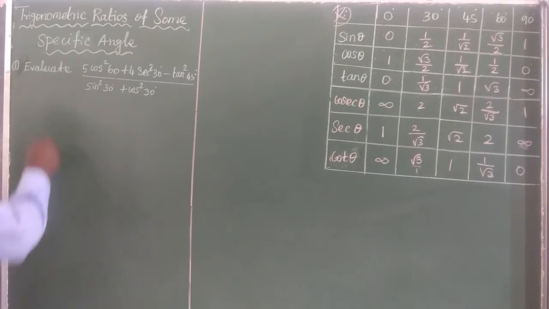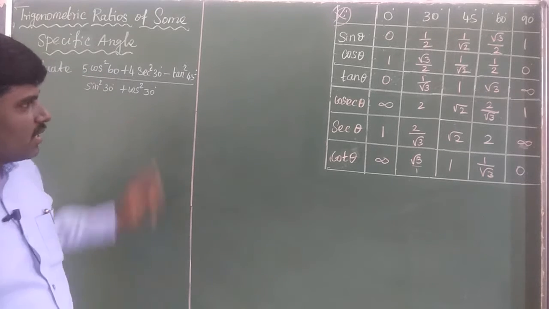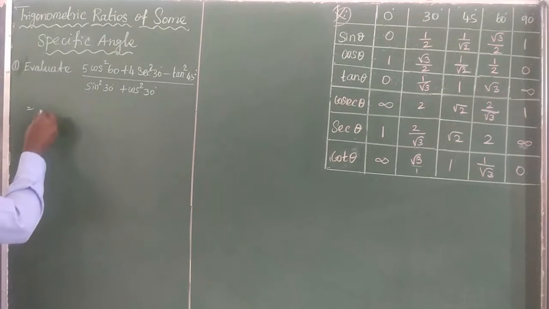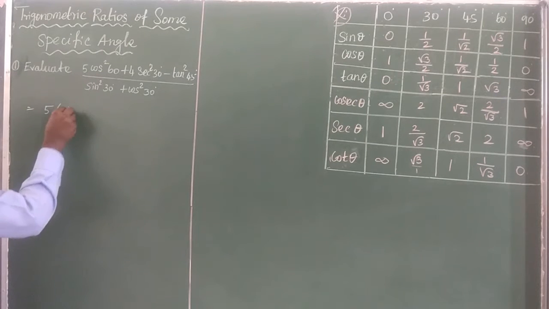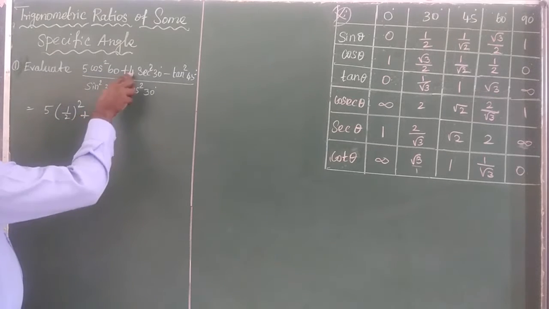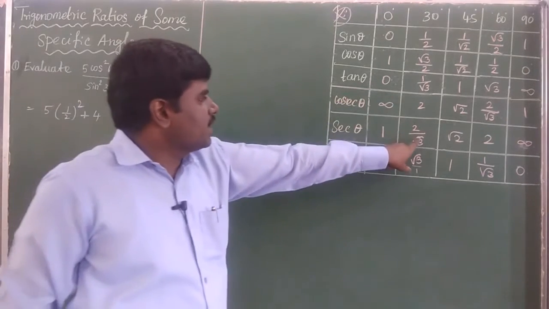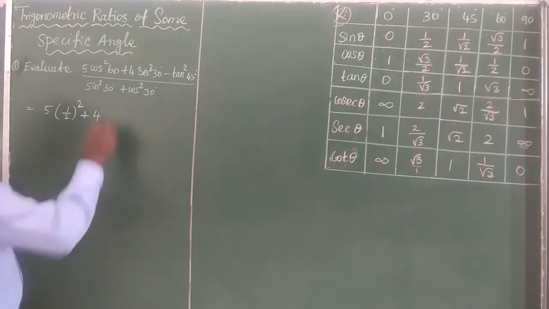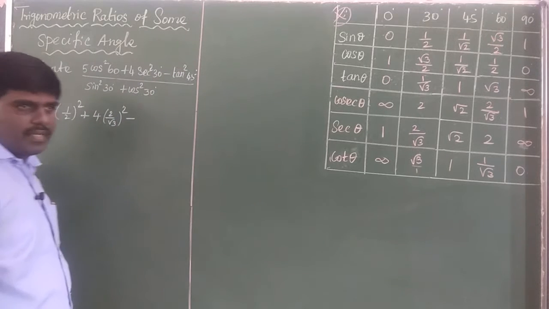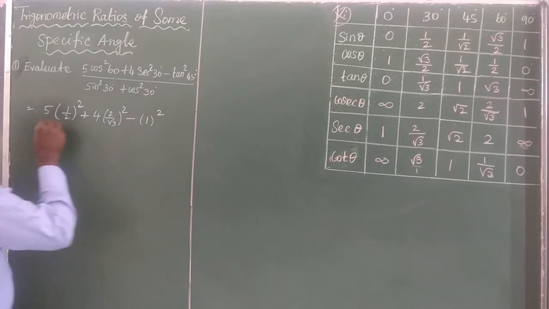Here, 5 cos square 60 degree. What is the cos 60 degree value? 1 by 2. So 5 into cos 60 degree, that is 1 by 2, the whole square, plus 4 secant square 30 degree. First find secant 30 degree, which is 2 by root 3. So we take 2 by root 3 the whole square, minus tan square 45 degree. Tan 45 degree value is 1, so 1 square, divided by